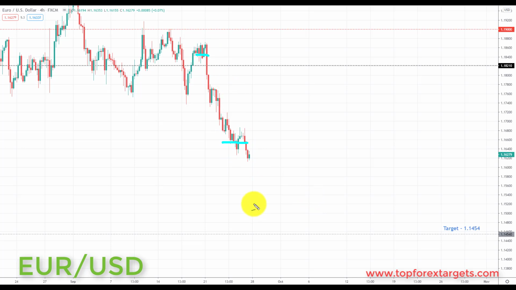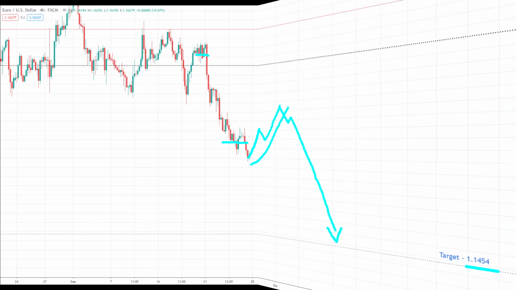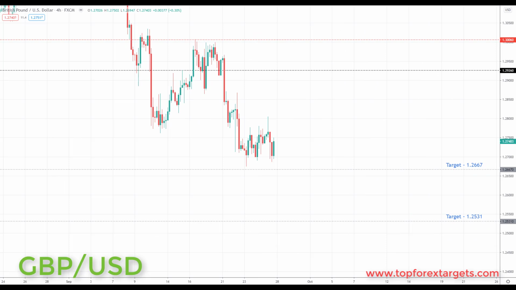So very simply put, going into this week, we are focused on further declines in this market. Any pullback, as we are down near the lows here of this sell-off, any pullback in this area next week is going to be viewed as another opportunity to start to look for short positions in this market. We're going to be looking at initiating shorts down towards the next key of support to the downside and the target set at the 1.1454.